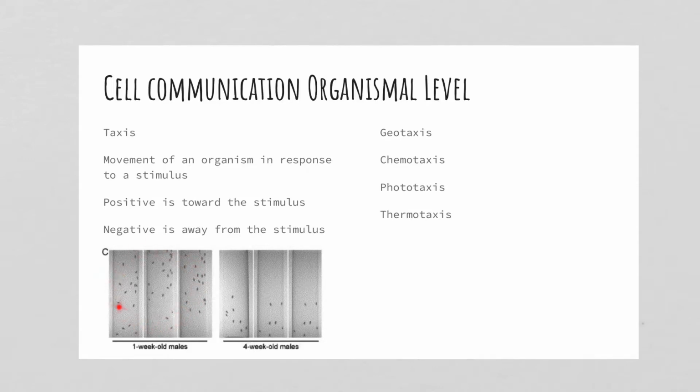Fruit flies, and I know you guys love my fruit flies, have a geotaxis, which basically means when they sense gravity pushing down on them, they're going to go in the opposite direction of gravity. So let's say gravity is going down, and you should see that they would go opposite of that, which is up, every time they have the effect of gravity. Now you should be able to notice, shown here, that as they're younger, they sense it better. As they get older, they have a hard time sensing it.